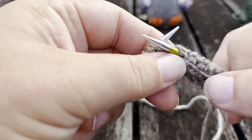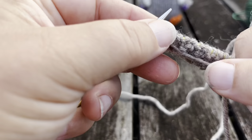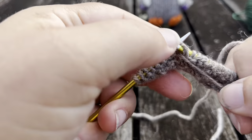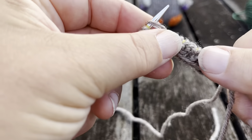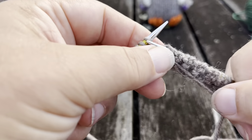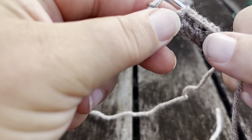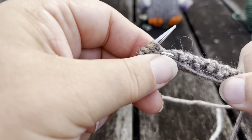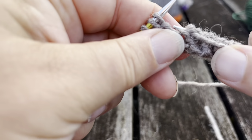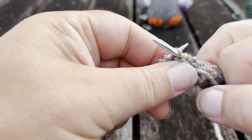Pick up a stitch. Purl 2. Pick up a stitch. Purl 2. At this point you'll be sick of me saying purl 2, pick up a stitch, but unfortunately that's the instruction. Purl 2, pick up a stitch. Purl 2, pick up a stitch. Now you may notice we've got 3 stitches left at this point, so we're going to